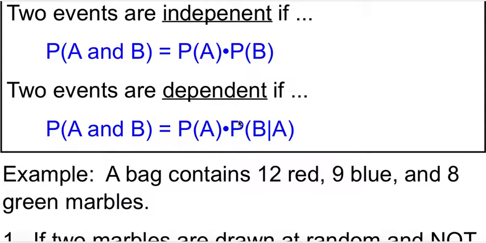The next thing that we're going to talk about with probability is if we are doing two events. Something like flipping a coin twice, or flipping a coin and rolling a dice, or drawing out a red marble and then drawing out a blue marble if you have a bunch of marbles in a jar. So when we talk about independent and dependent events, it's when more than one thing is happening. So we say that two events are